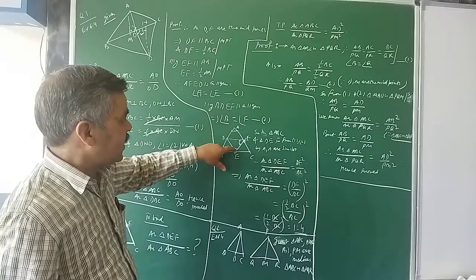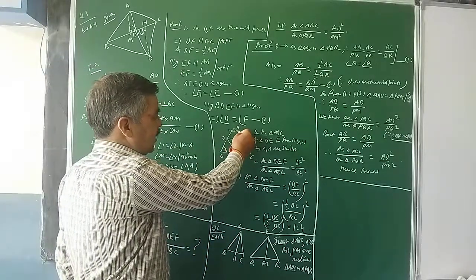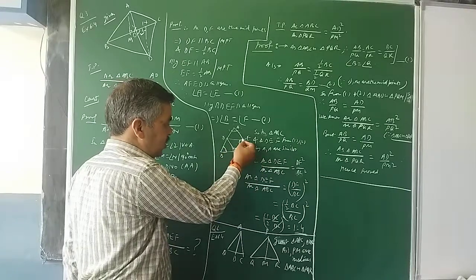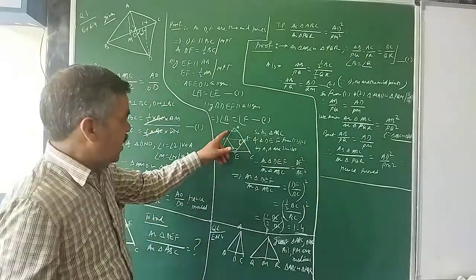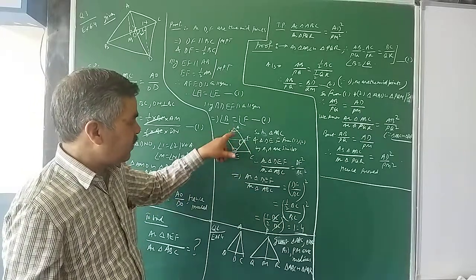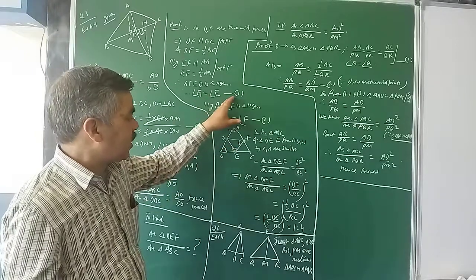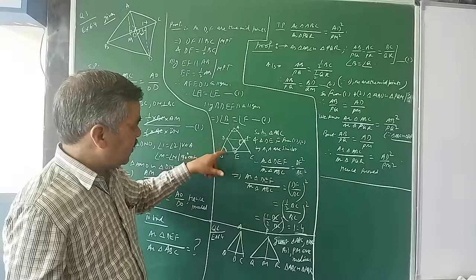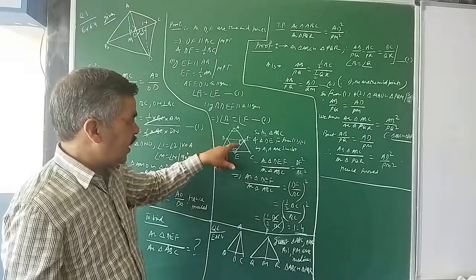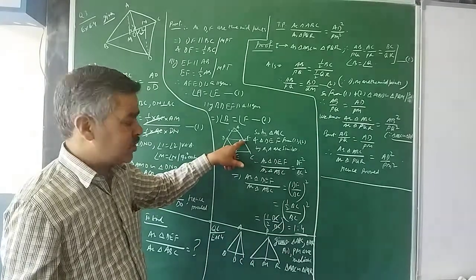Angle A is equal to angle E. So angle A is the angle lying in triangle ABC, and angle B you are saying is equal to angle F. A is lying in ABC, E is lying in DEF. So one pair of angles, that is angle A equal to angle E, I have proved. Then another pair: angle B is the angle lying in triangle ABC and angle F is the angle lying in triangle DEF. Try to understand that.